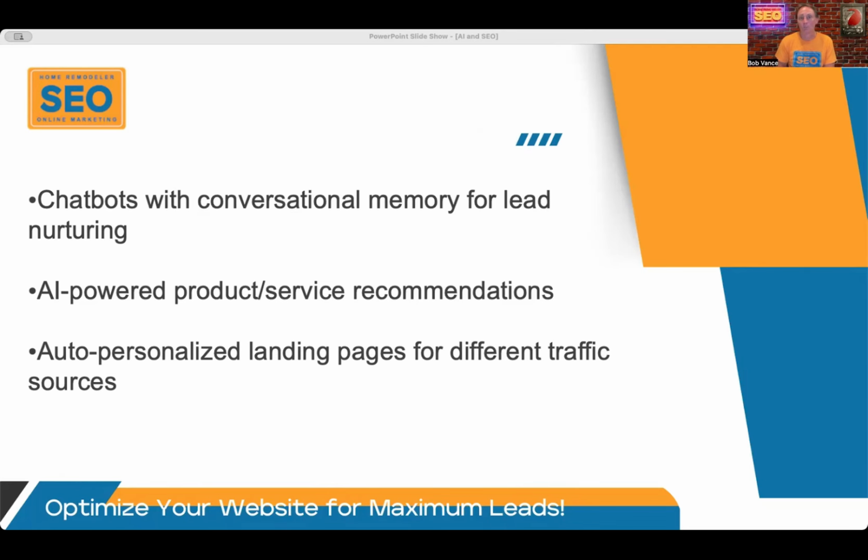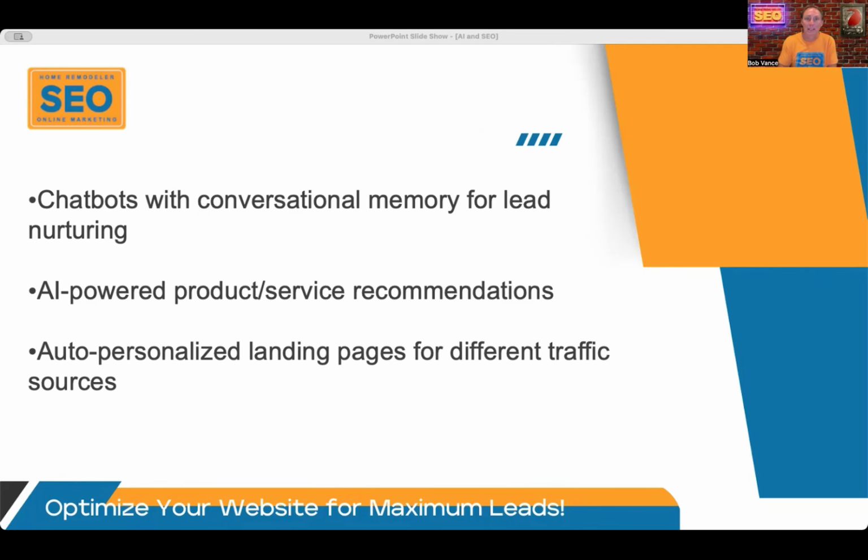And then also auto-personalized landing pages for different traffic sources. Pages that adapt headlines, imagery, or the offers that you're displaying, depending on whether a visitor came from Google Ads, social media, or one of your email marketing campaigns.